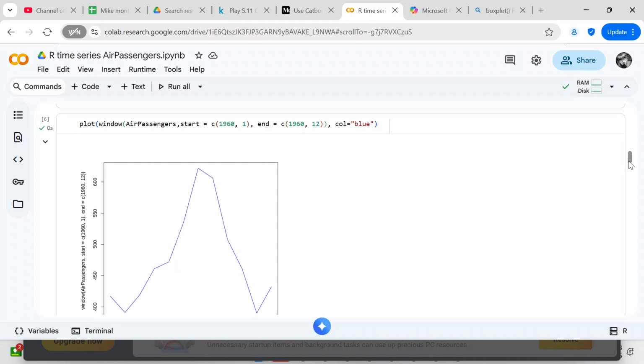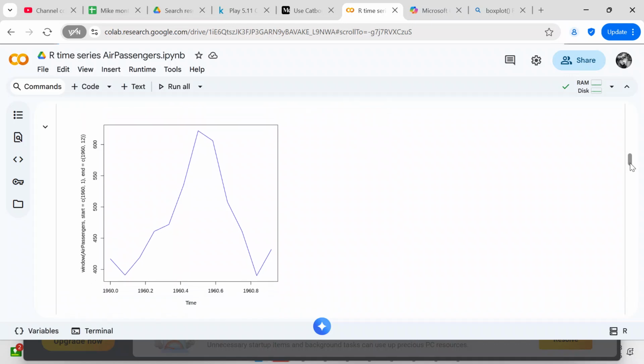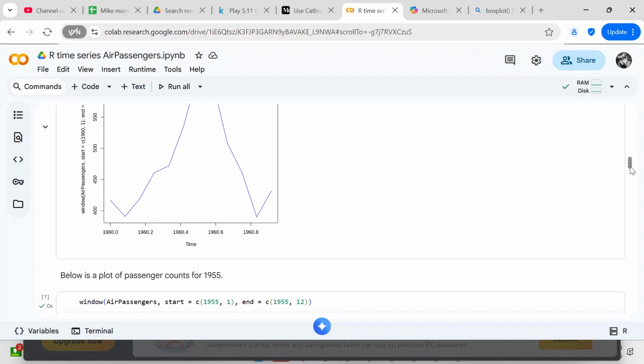So plot(window(AirPassengers, start=c(1960,1), end=c(1960,12)), col=blue). And so you can see this is the plot of the air passengers for 1960, and you can see that you had more air passengers in the summer months than you did in the winter and the